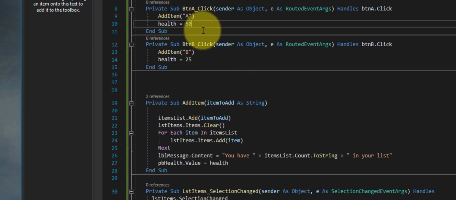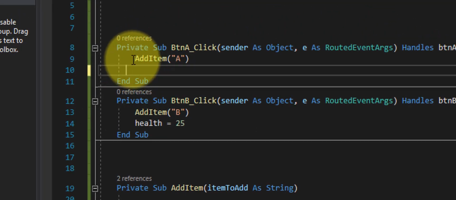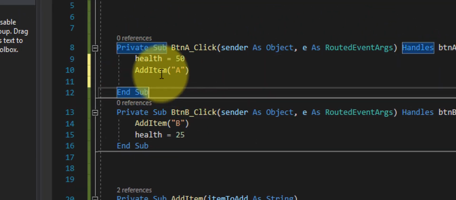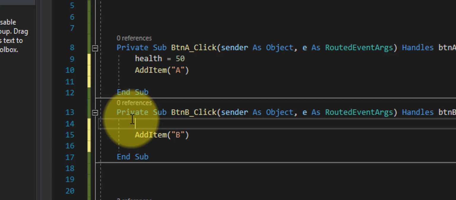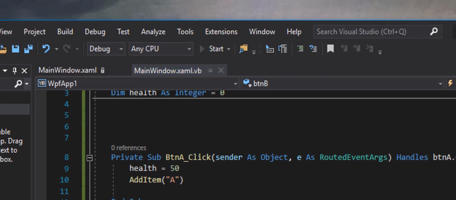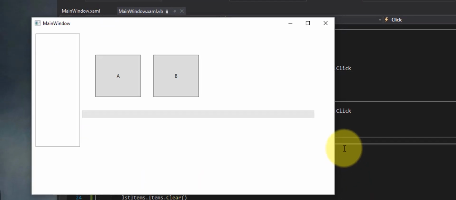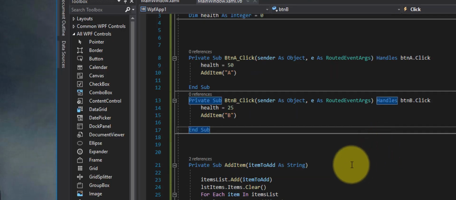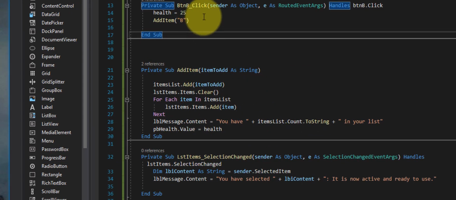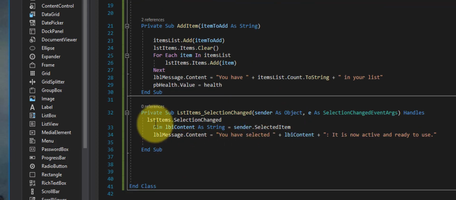I can do this a couple of ways. Because our application is only based on our clicks, it's not really checking all the time, so I would have to change this around to something like this. I would have to change the health first, then run this. Down here, I'd have to change the health first, then run that. Now you can see it working right off the bat. Okay. Now, maybe I only want the health to work when I'm selecting something. So really what I could do is put the health down here, and when I select it,